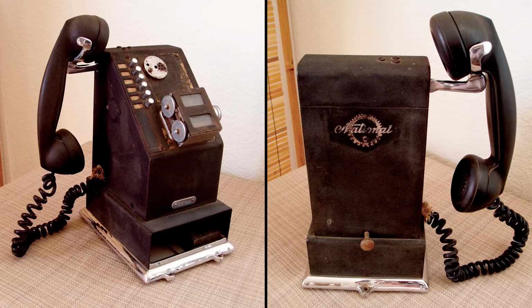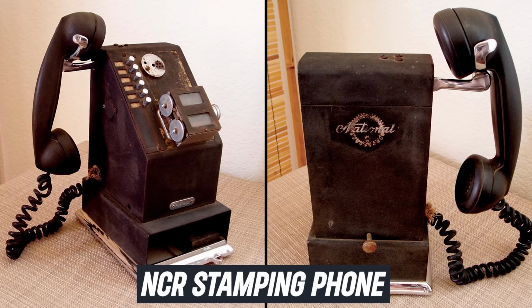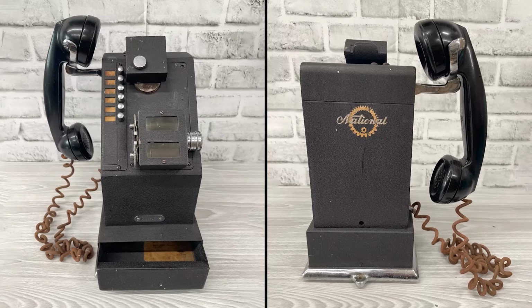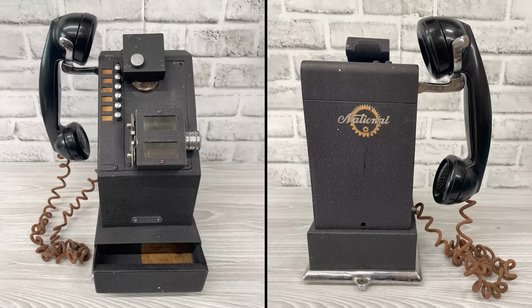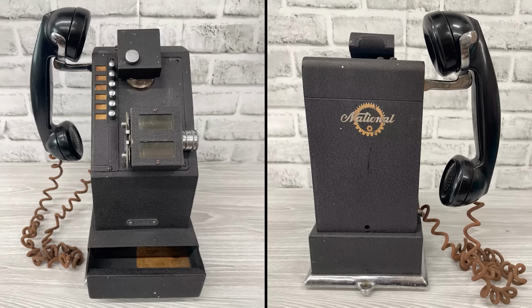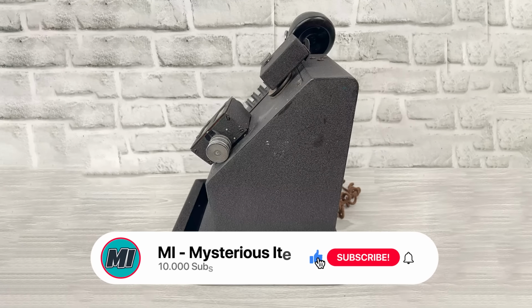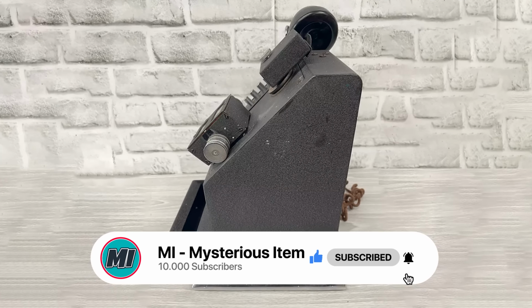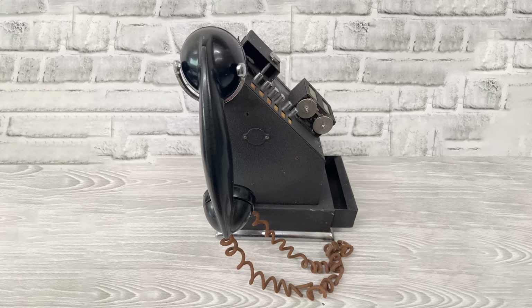What you found is an NCR stamping phone, a device used in department stores during the mid-20th century for automated credit authorization. Manufactured by the National Cash Register Company, this machine streamlined the process of verifying customer credit before completing a sale. As consumer credit became more common in the 1950s and 1960s, department stores needed a more efficient way